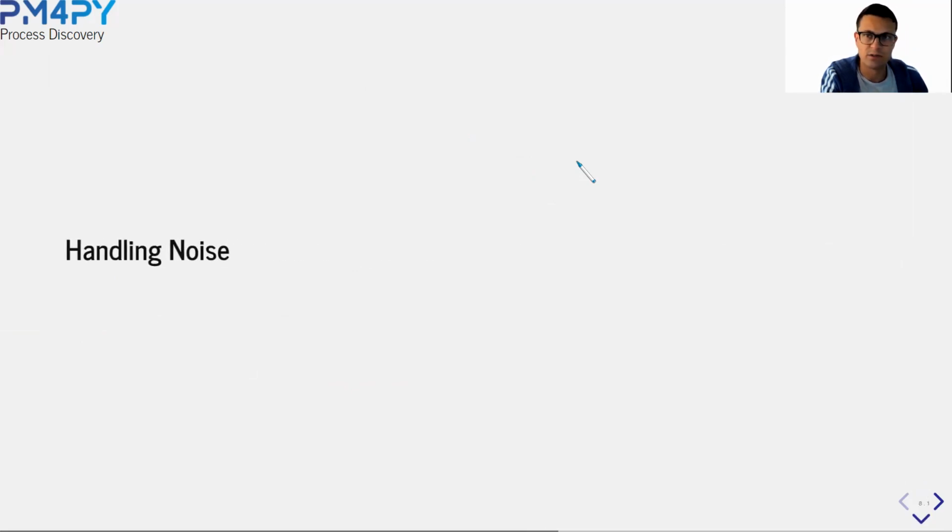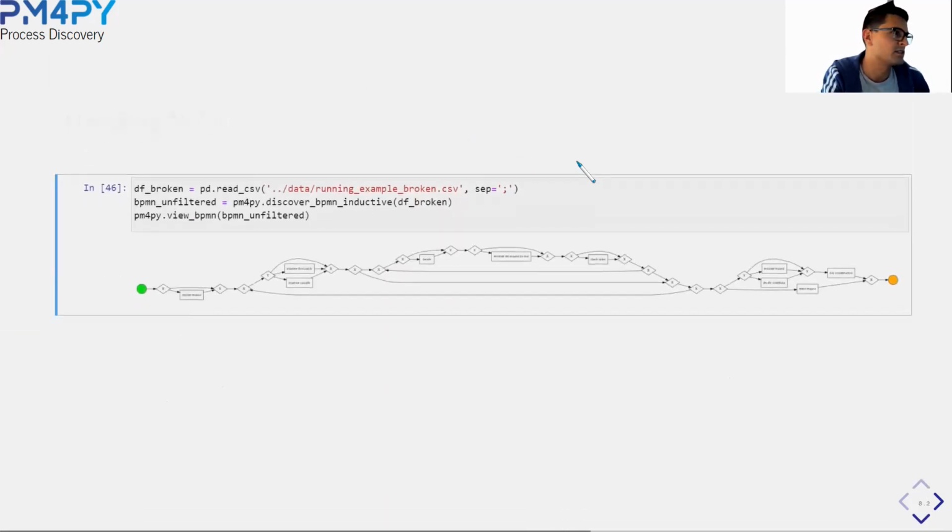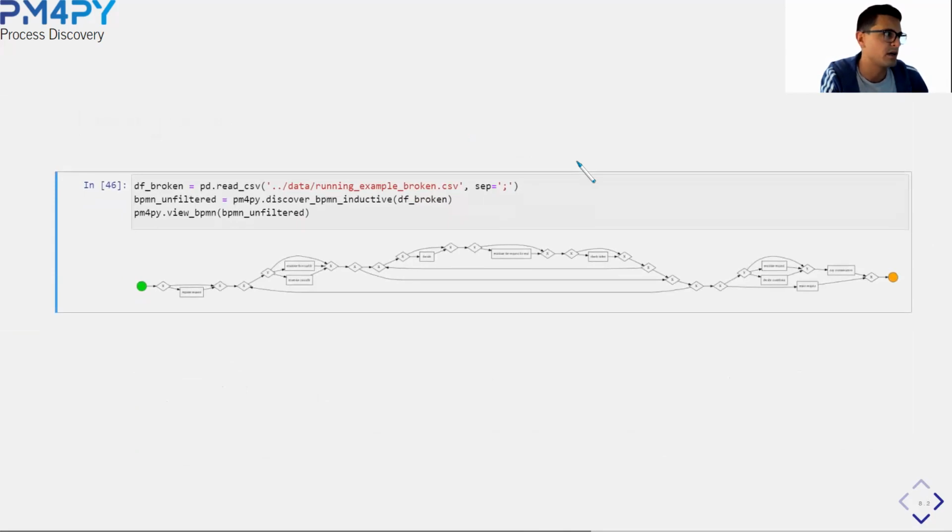Okay, quickly about handling noise. It's very simple, actually, so we'll not spend too much time. I created a broken event log where some activities are missing, etc. If you load that data and you learn the BPMN model without any form of filtering, well, you get a